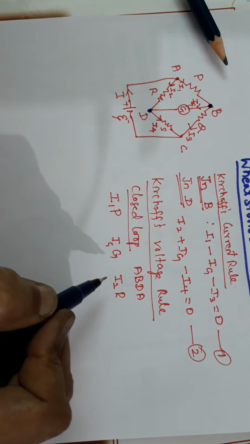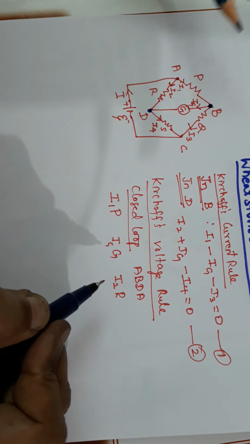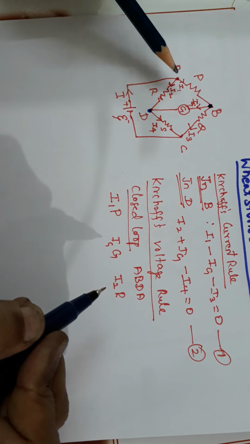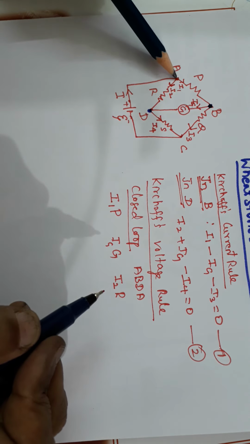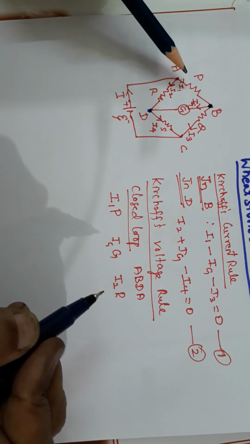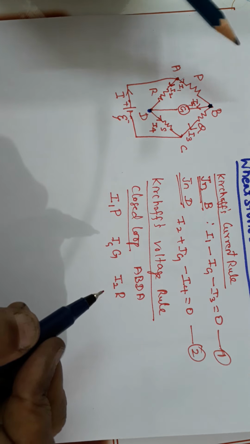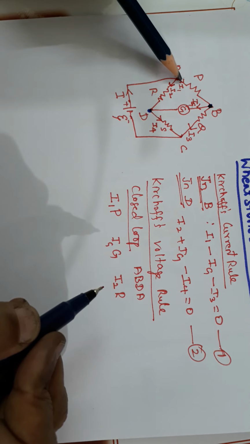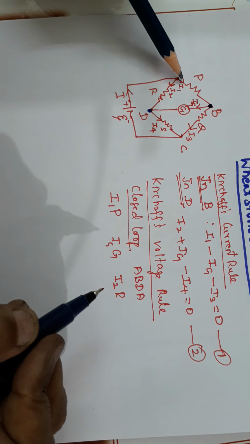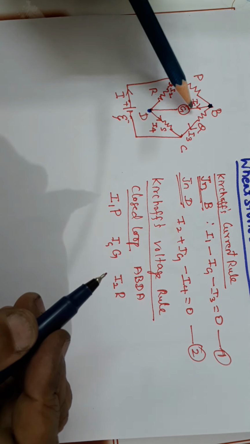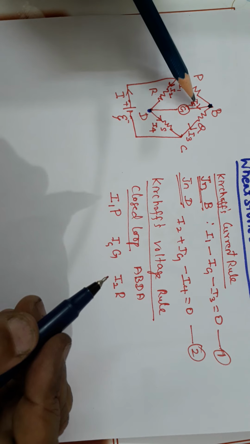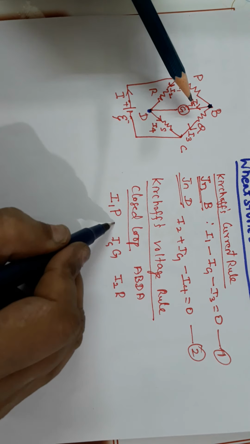How to apply the sign? Already I gave you a clue. You have to walk along this path, the ABDA path. If you walk along this path and the arrow mark is coming along with you, you put a plus term. If the arrow mark is against you, you put a minus term. Now if you walk along this way, you can see the arrow mark is coming along with you, so this term will be plus. Again, if you walk along this way, the arrow mark is following you, so this term is also plus.